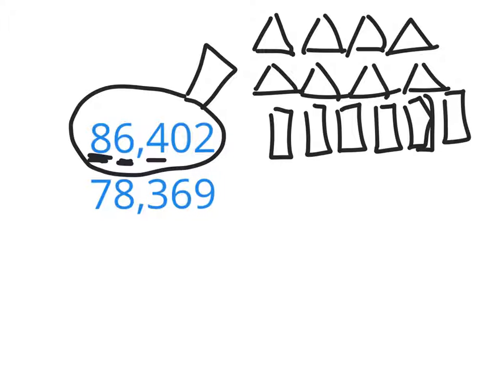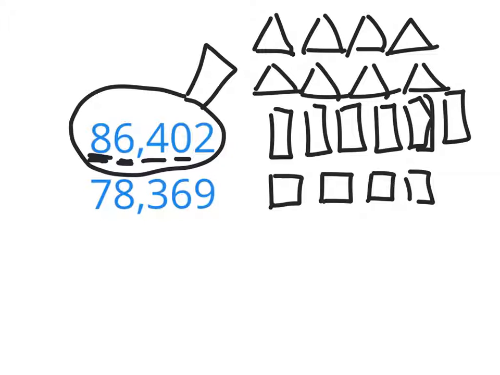I also have 4 hundreds, which we're using squares for, so I'll make 4 squares. I have 0 tens, so I don't need any 10 rods. I'll fix that square. And I have 2 ones, which I'll represent with circles. Okay? So my first step when I'm subtracting, let's say now that